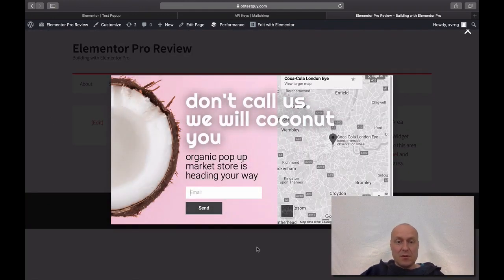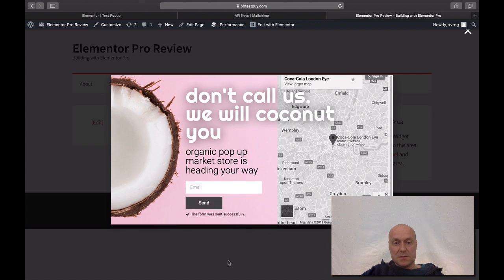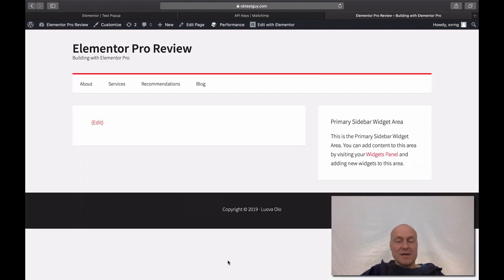Let me enter my email, like this, and click send. Oh yeah, as you could see very briefly, you saw the text that the form was sent successfully, but I showed you how to turn it off, so it's a very simple thing to do. But right now what happened was that I submitted